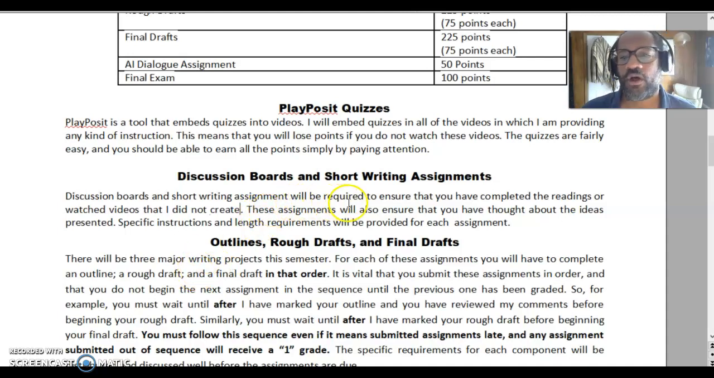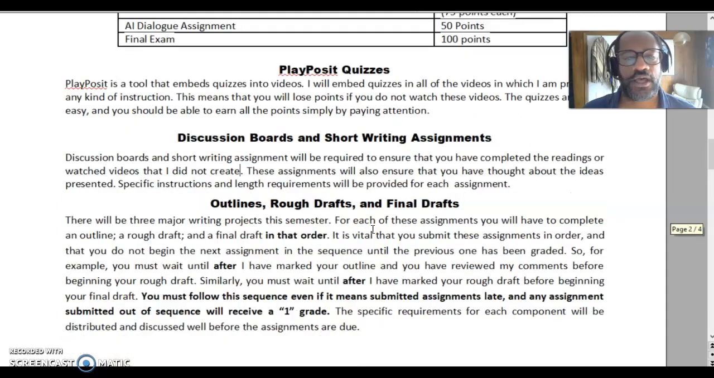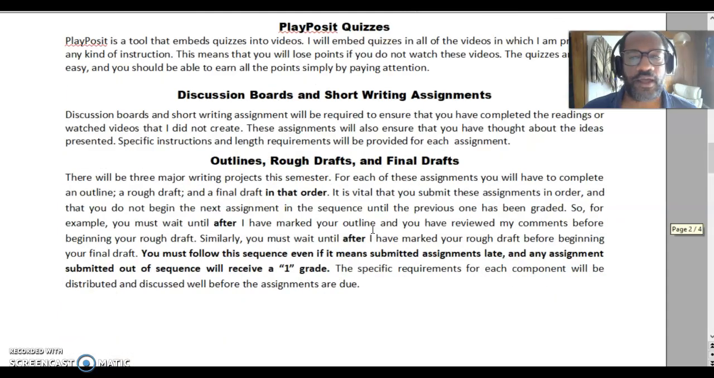These assignments will also ensure that you have thought about the ideas presented, and I'll give you specific instruction for those when they're assigned. And then the last thing for this video, and then you'll have to switch to the next one: outlines, rough drafts, and final drafts. So there will be 3 major writing projects for this semester, right? And so for each of these assignments, you will have to complete an outline, a rough draft, and a final